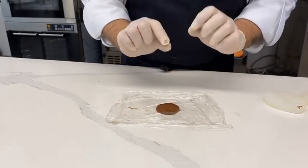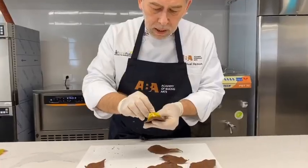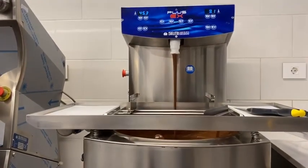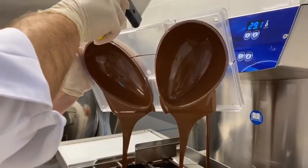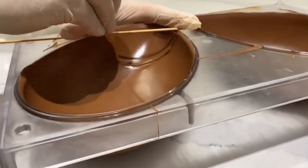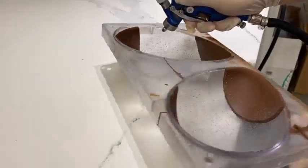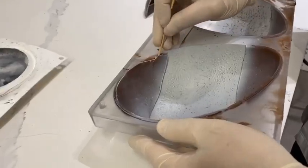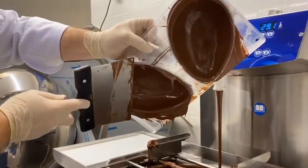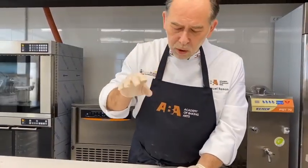You're just gonna wait till it crystallizes a little bit, and then I will create film with the chocolate inside, and I have the shape. You can just simply take it off the leaf, beautiful real chocolate leaf. Okay, so if you remember to get this, or the gun, to get just the drop, so for this we